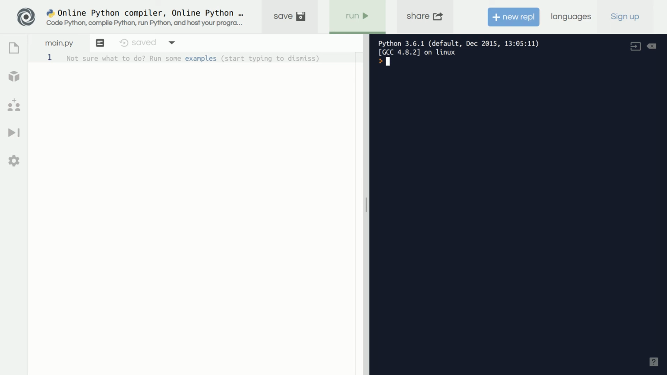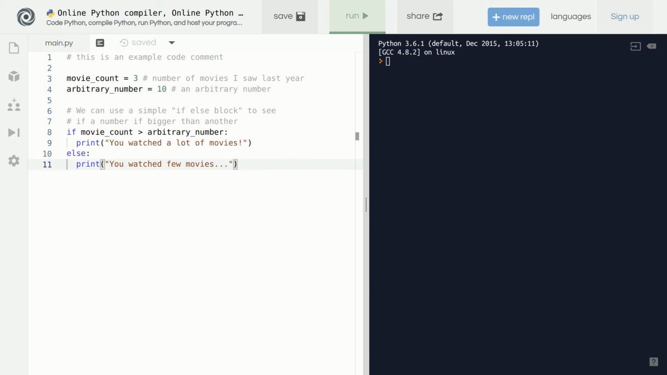Let's say I want my program to comment on how many movies I've seen last year. I can use code like this. In the first line, you can see I've written what's called a comment. Comments in Python begin with a #. These lines are ignored when our program runs, and they can be really helpful to make our code easier to